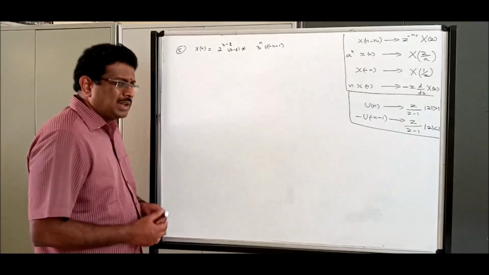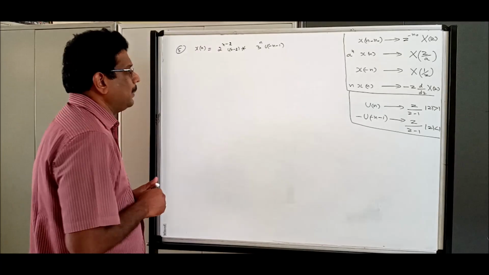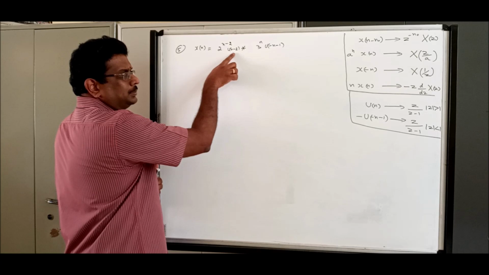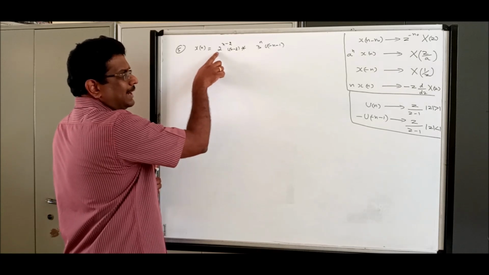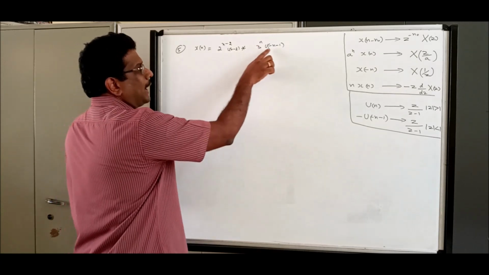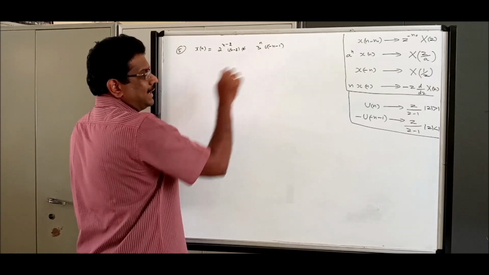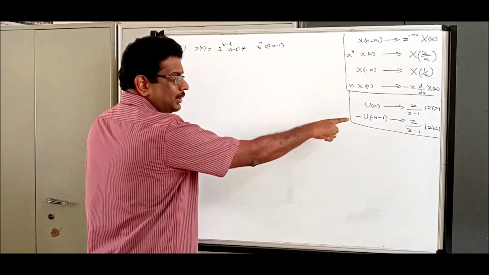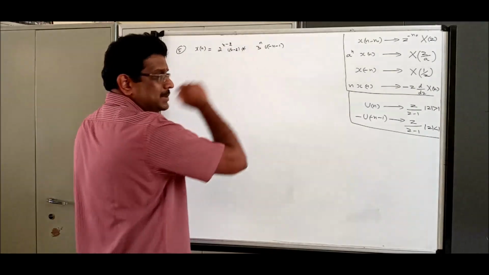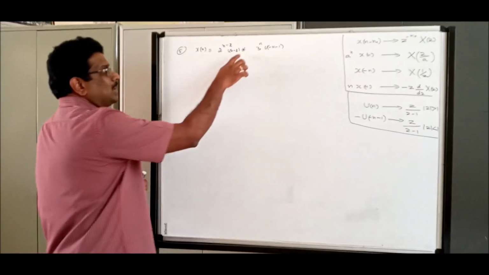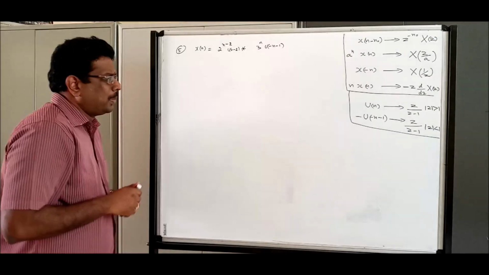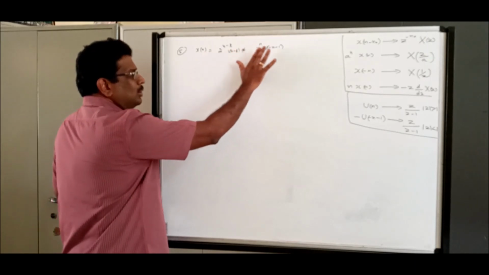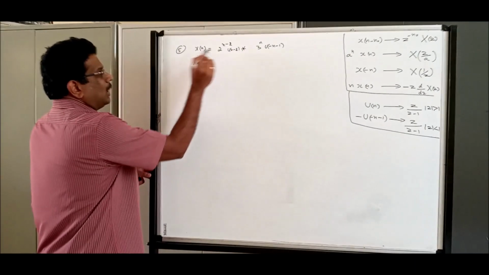Let us do a slightly more complicated problem. I do have shifting, I do have A power exponential, and I do have minus n. It is not reflection. The base problem is u of minus n minus 1. And I do have convolution also. Okay. A lot of properties are getting mixed here. Do this separately, do this separately. Okay. So what about this?